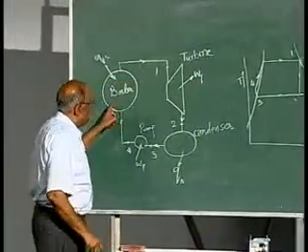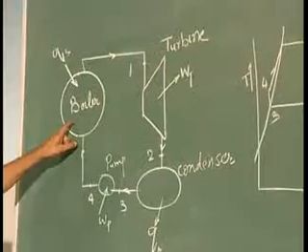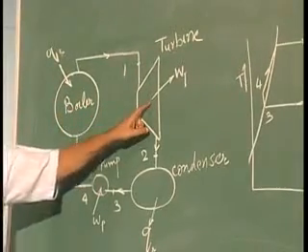It consists of 4 major components: a boiler where heat is being supplied, a turbine where this heat energy is